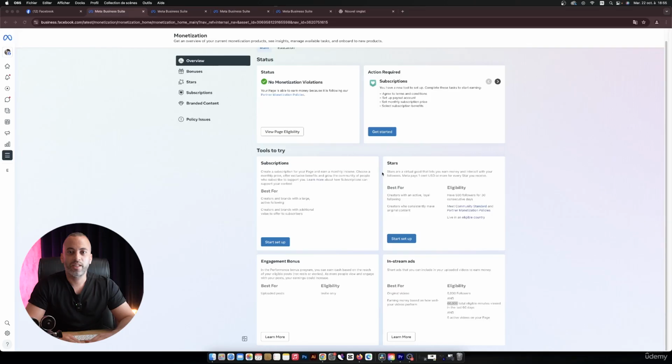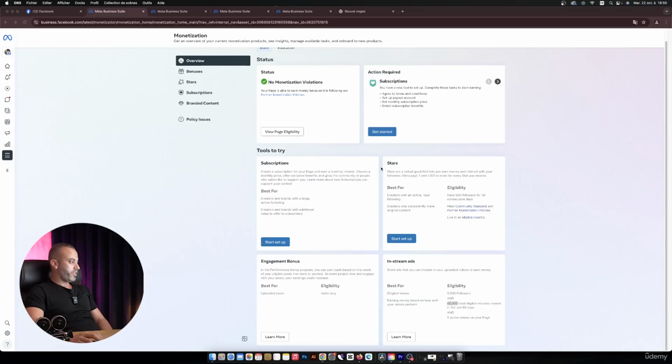It's no secret today that all the social media platforms are in a fierce competition to attract and retain content creators, leading many of them to start paying for the views and the engagement they receive. Facebook had to follow that trend and they launched the Facebook monetization program across many tools, allowing the creators to earn money directly from the platform. Let's dive into the screen to explain each tool and how it works.